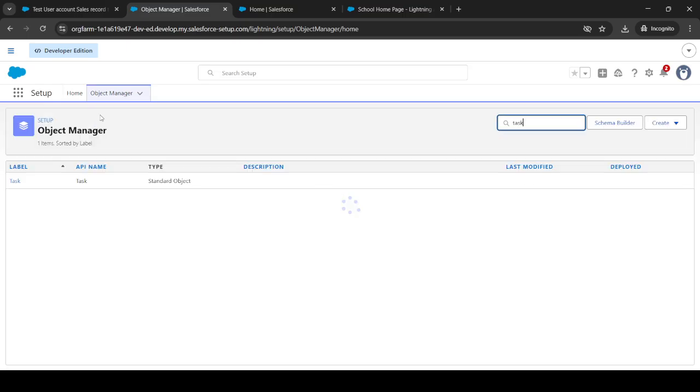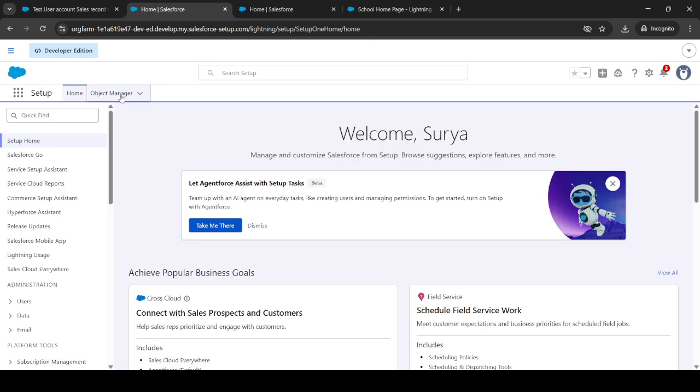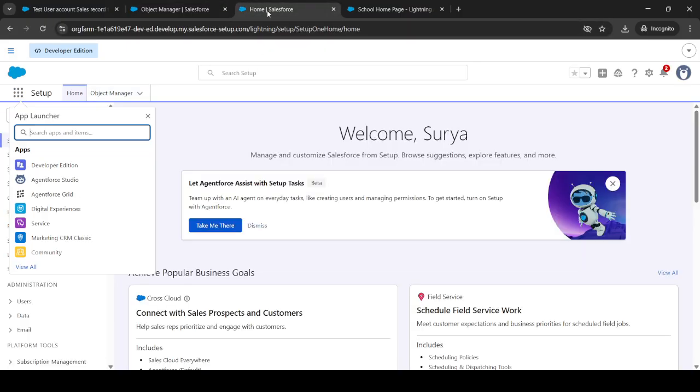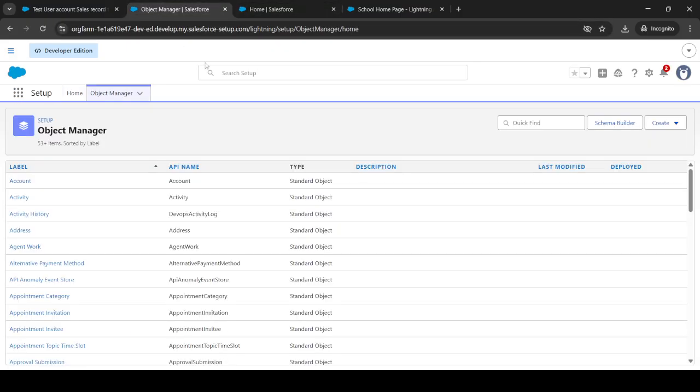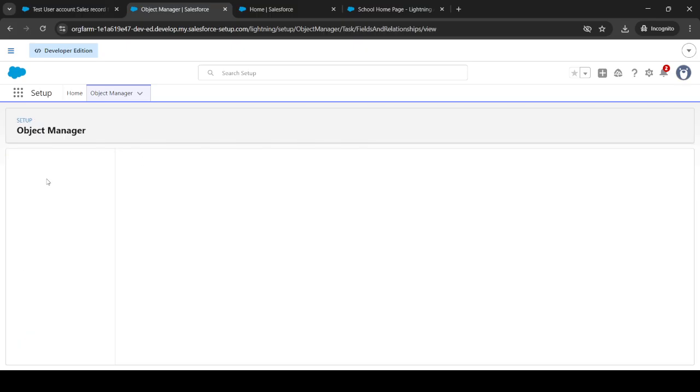So you can go to the object manager and search for the task, and we select the task option. Yeah, so here you can see